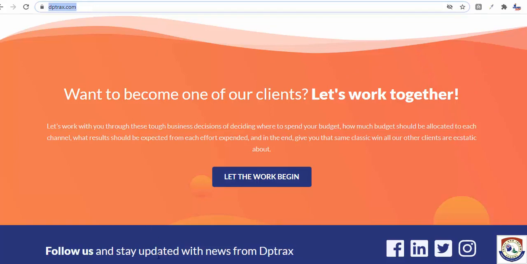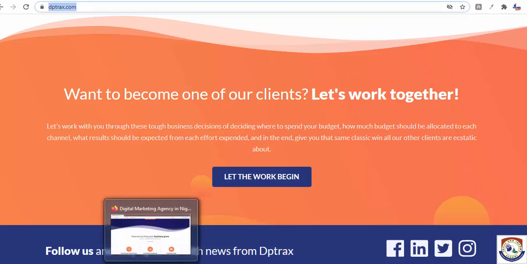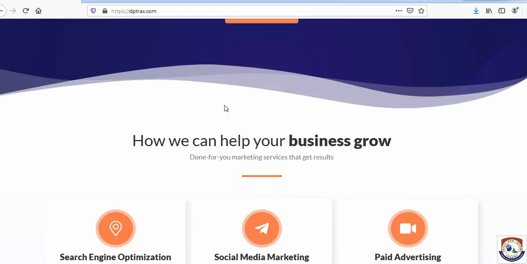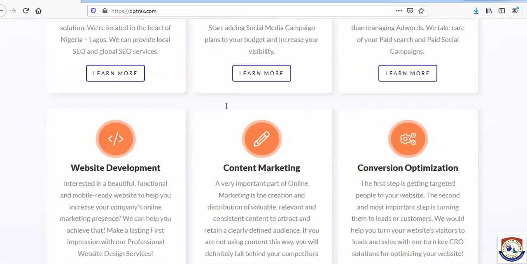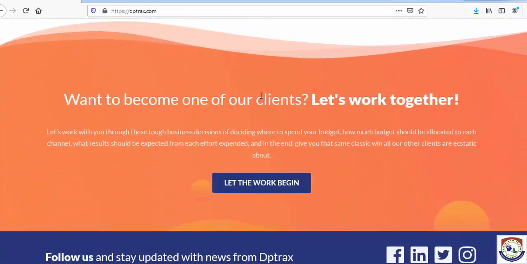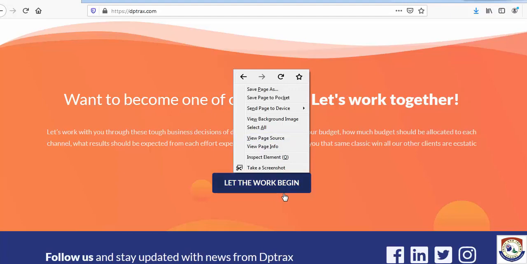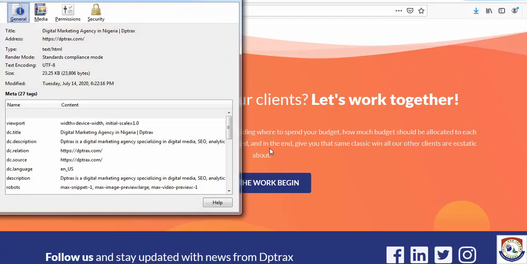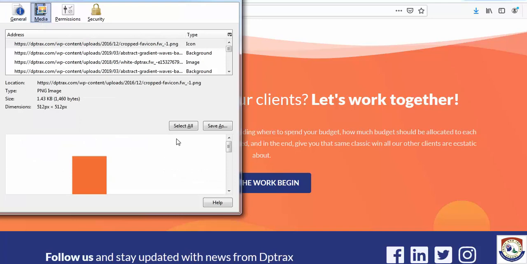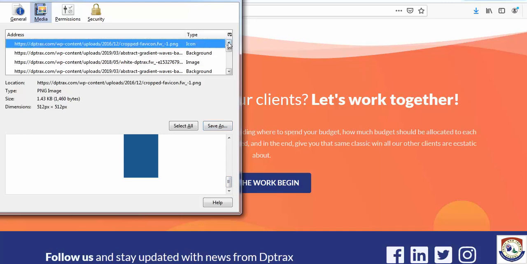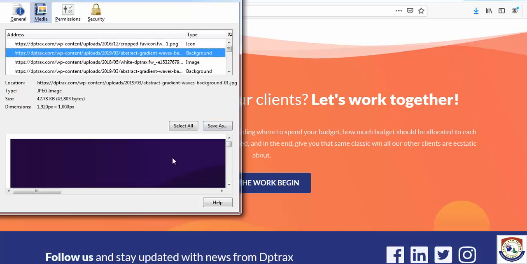I'm going to go to this Firefox. Firefox will do that for me. I'm going to get the exact background of what they have used here. What you do is just right click on the page info. Once you click on this page info, you see all the backgrounds they have used in this website. Can you see this? You see this icon background.